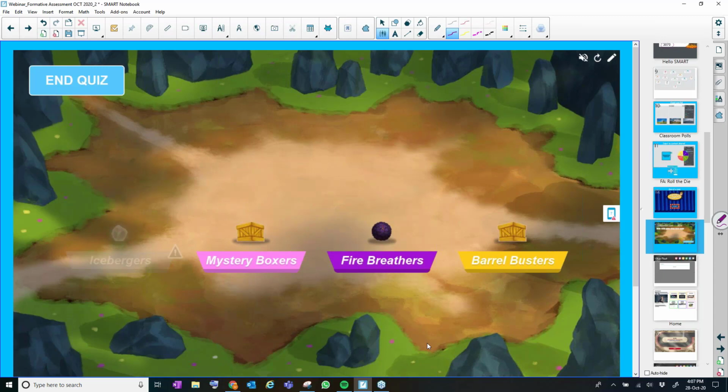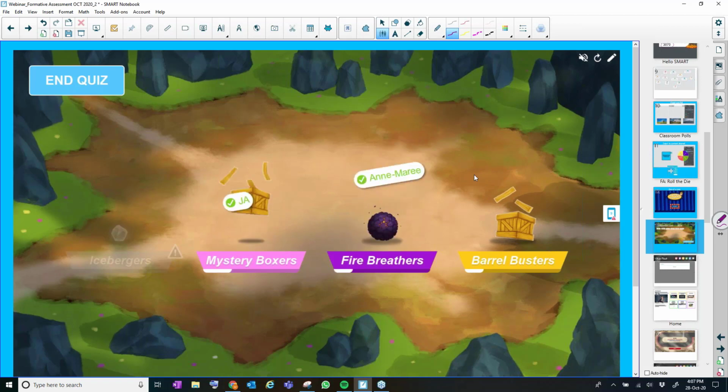And then basically you have your students. Oh, good work, JA. Mystery boxes, going through the questions, answering them, and you can see there. Again, it's really fun to have this screen up on the board. And then the students are all kind of, there's also a bit of chaos, but I love that in my classroom. People yelling because they know who's in their teams. And everyone actually has to go through